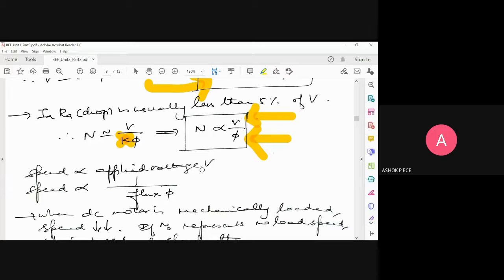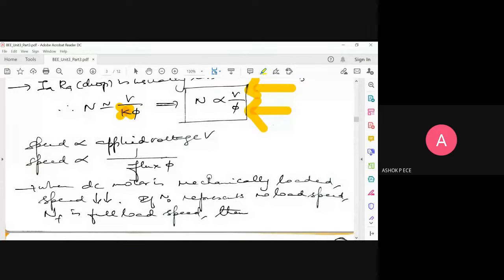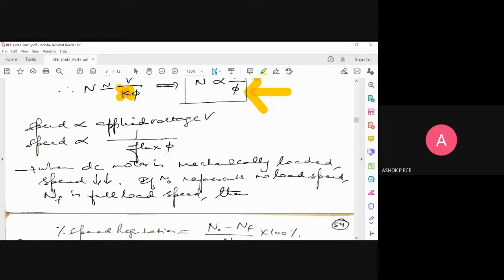So when you are going to load your DC motor, definitely speed will be reduced. Take the example of a car. Assume that when the car is in a workshop where nobody is sitting inside, the wheels will be rotating at full speed. Naturally, when the car is occupied by 5 people, the speed of the car will be reduced because of loading. This happens to the motor also. When the motor is mechanically loaded, the speed is going to naturally reduce.